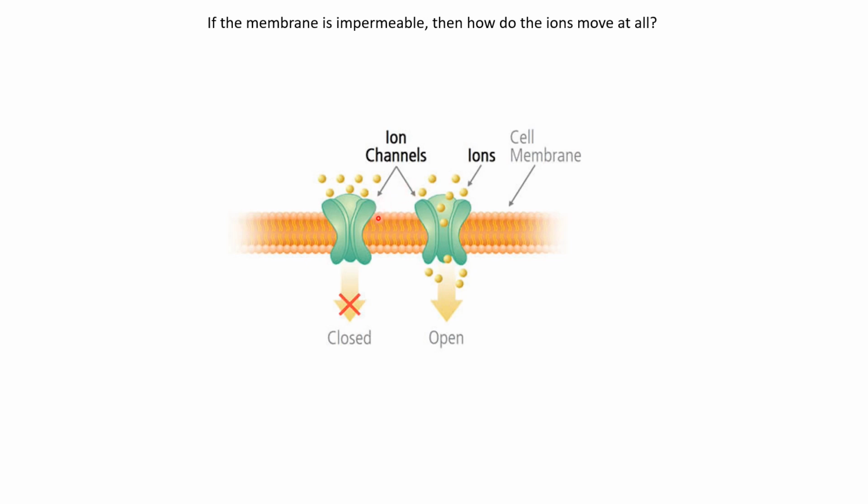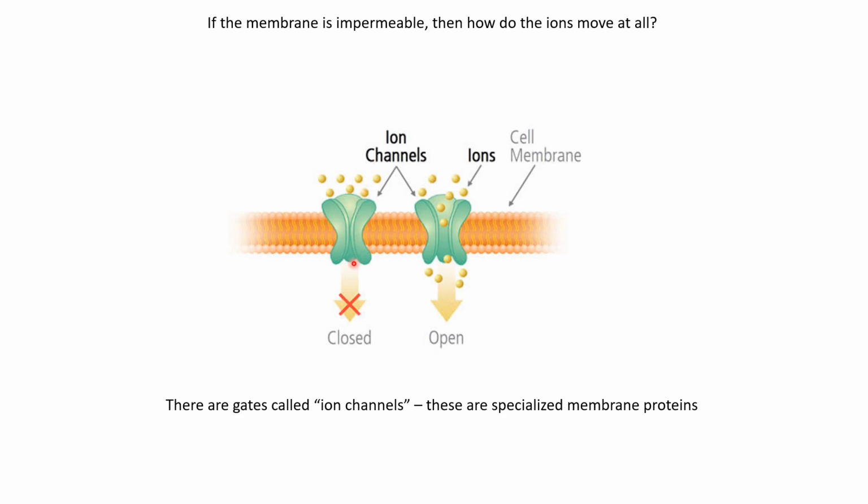And these ion channels are not always open, so they can be in a closed state or an open state. When they are closed, the concentrations will be maintained, and when they open, then they can allow the ions to move through. So they really function like gates. These ion channels are actually made up of proteins, and because these proteins are embedded in the membrane, they are also called membrane proteins. And the protein structure is such that there is a passage or a pore formed inside, which is not as hydrophobic as the rest of the membrane, so it allows the ions to move through them.